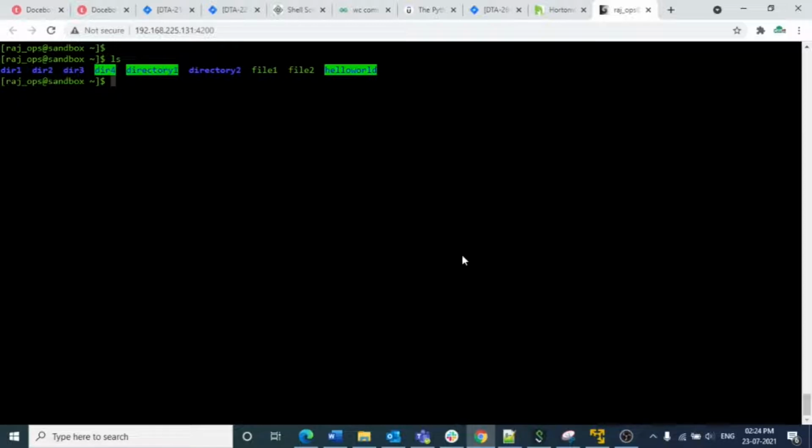It is also used to split the data into separate files or separate outputs by using delimiters. Suppose the columns in every record of a file are separated by a comma, or whatever the delimiter may be, whether it is a space or a pipe symbol. If you want to split with that particular delimiter and store it somewhere, you can also do that using the cut command. How we are going to do that, I will explain in a moment.